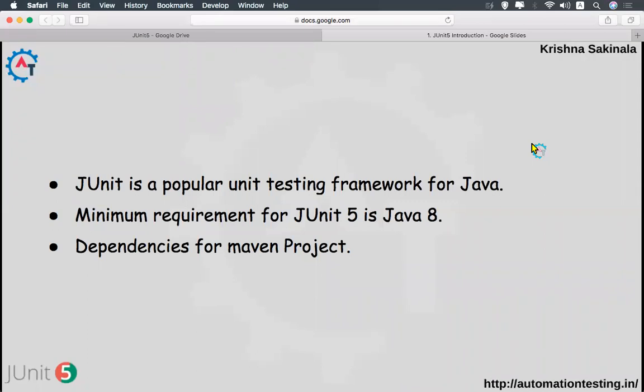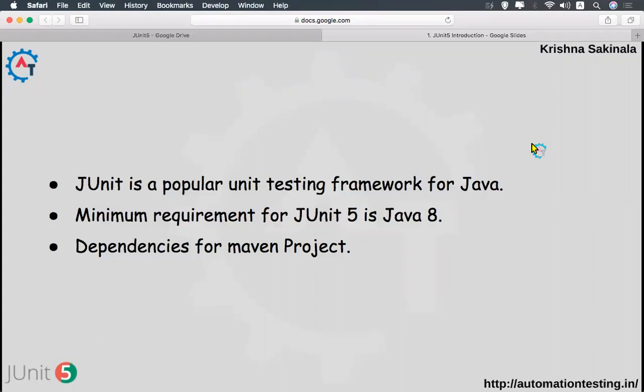You have a number of programming languages to develop software: you have Java, you have C#, you have Python, you have so many languages to develop an application. But JUnit 5 is a popular unit testing framework for Java. So when you develop an application using Java, you can use JUnit 5 to test your Java code.